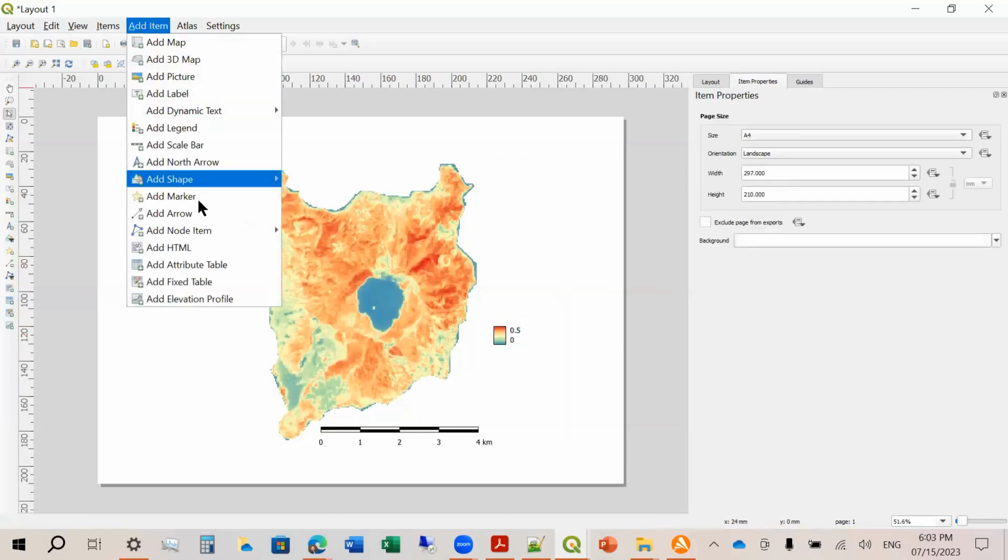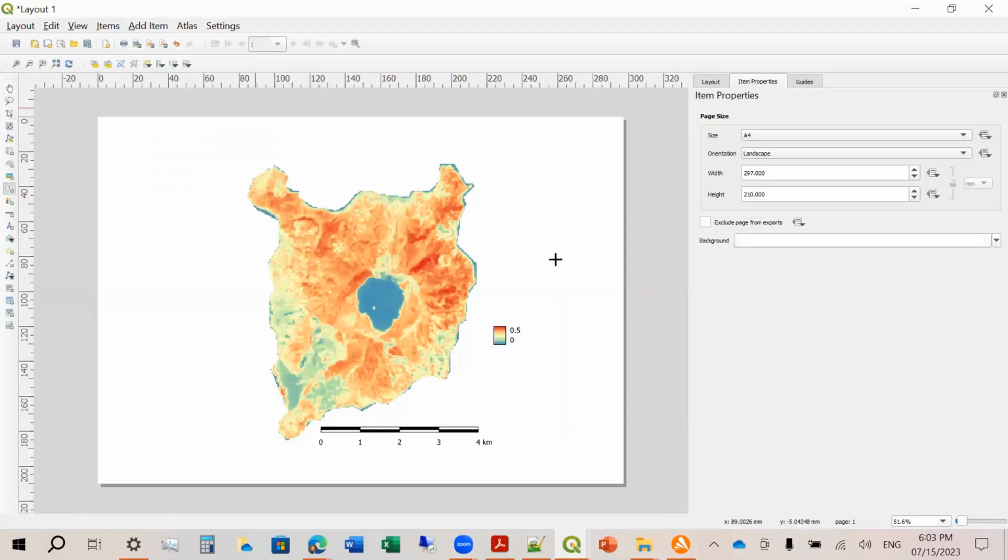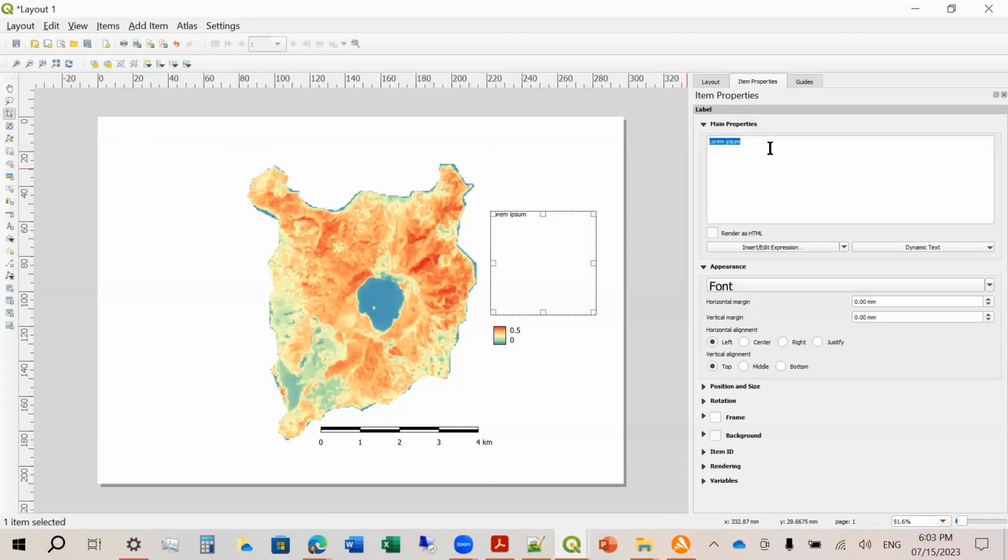Okay, so let's add another item. Let's say a label. Okay, so let's put a label here. And let's say normalized difference vegetation index, NDVI, at Taal Volcano Island, Philippines.